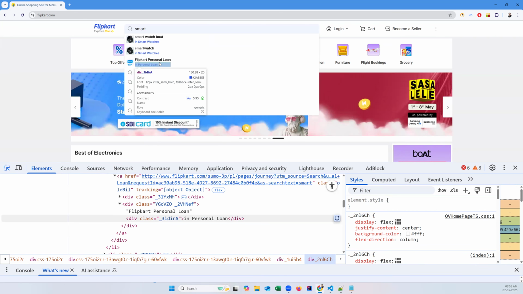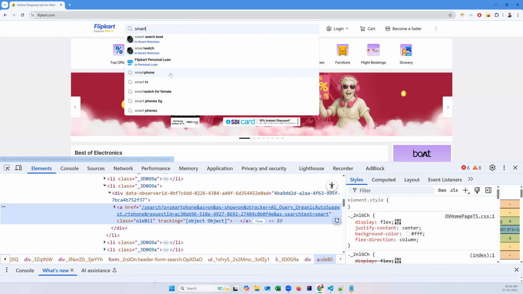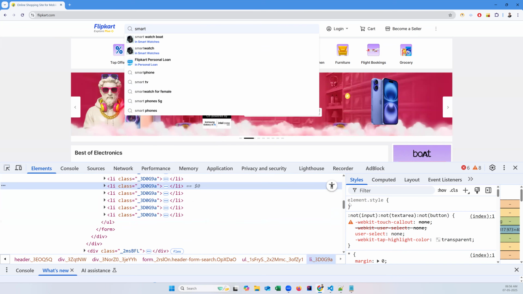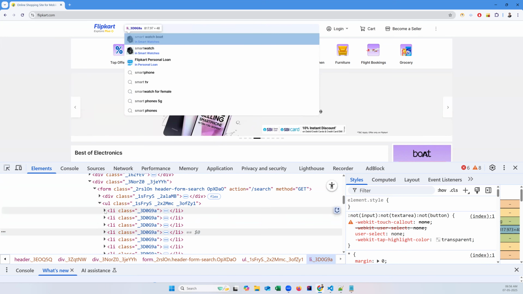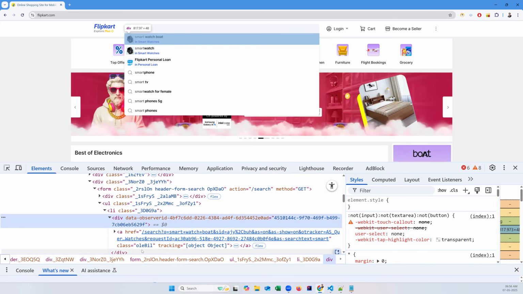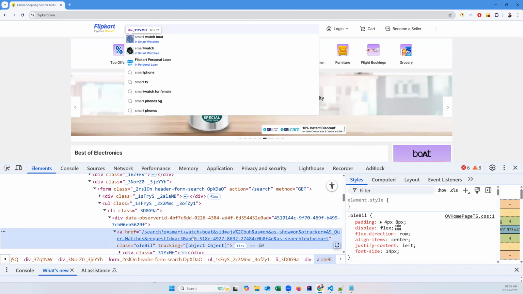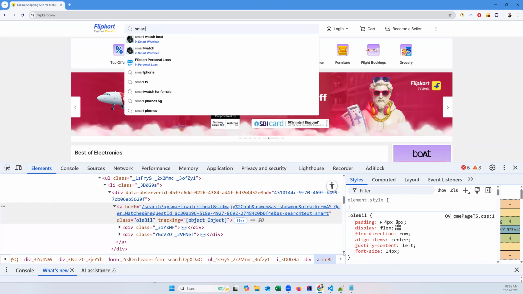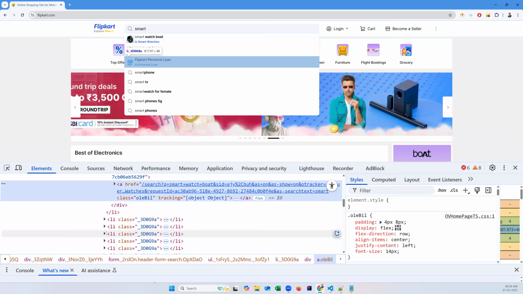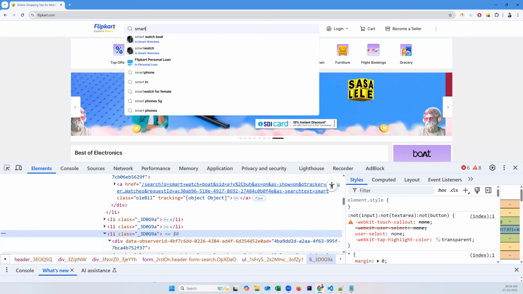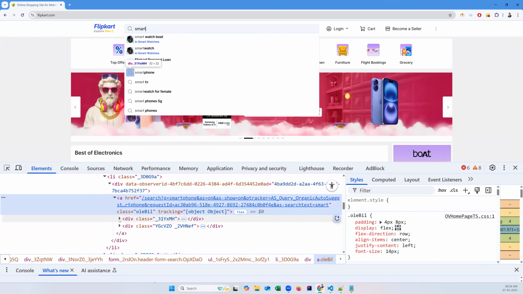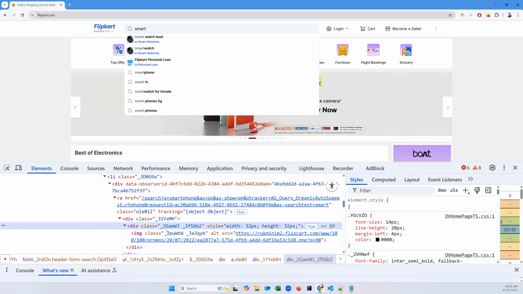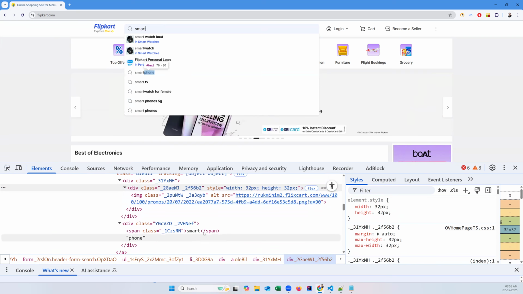And even if you look at this DOM also, let's say I'm inspecting one element like this. And you can see in the DOM also, all the options are displayed in the form of list items. You can see that. So this is the first element. Here you can see in the anchor tag, you can see the value. Let's go to another element, list item. So now the screen has got frozen. So here you can see in the div tag, inside the div, you can see the data. You can see the smart keyword